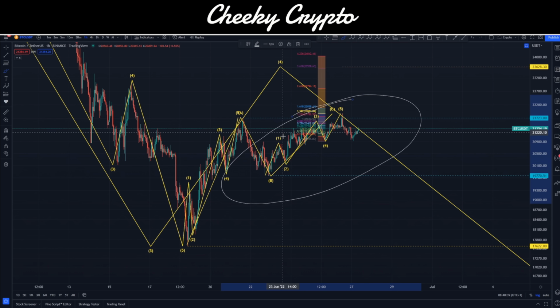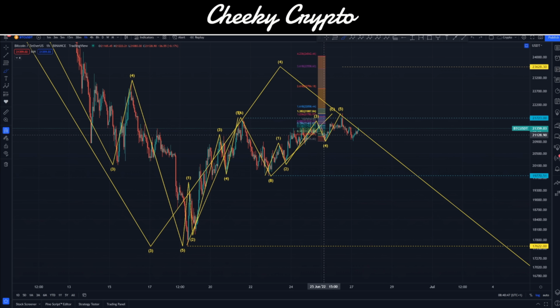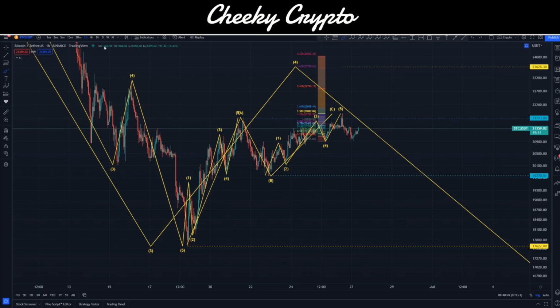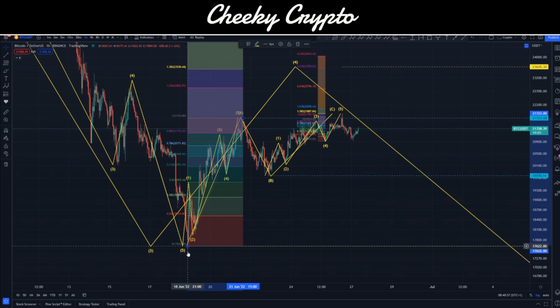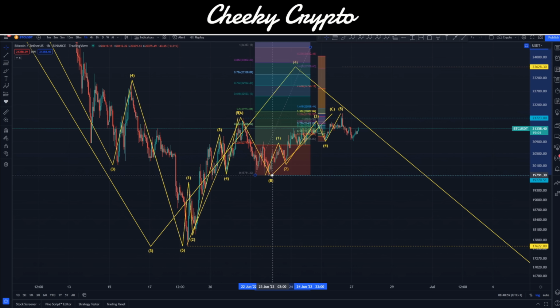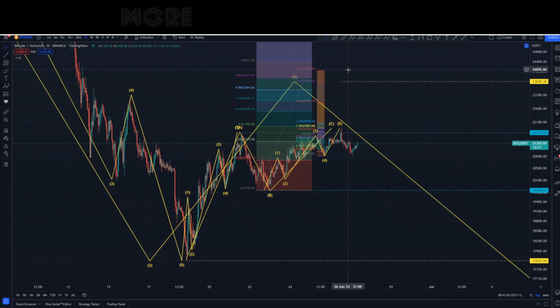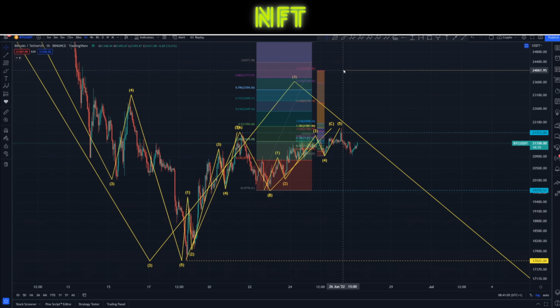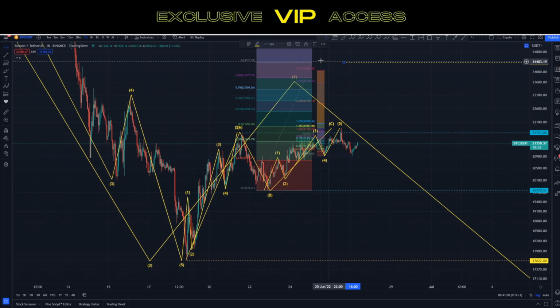Now, this little area here, this 5-wave structure, actually comes in with a double top scenario at 21,723. This is something that we were talking about yesterday. Essentially, what you'd normally expect to find with a zigzag pattern, or this 5-3-5, however you want to look at it, ABC, is that it goes to a 1-to-1 ratio. That's the most common scenario, meaning that we should have actually pushed up higher, we should have gone to about